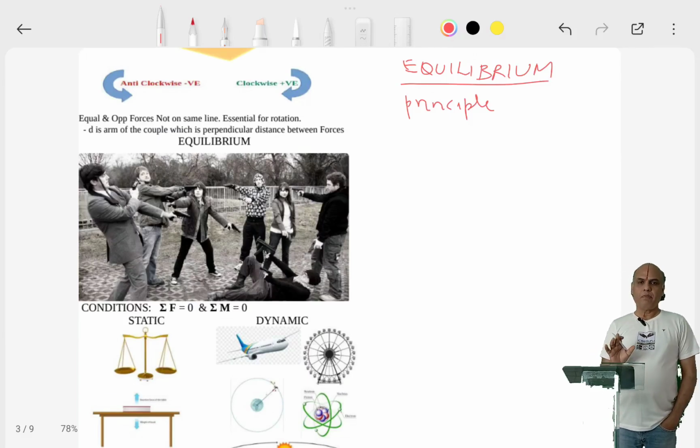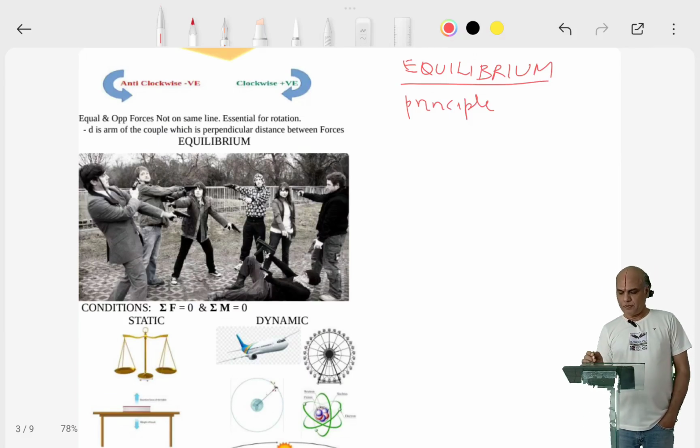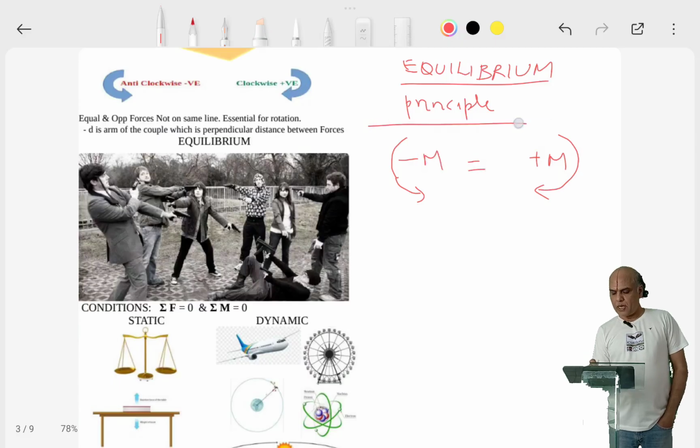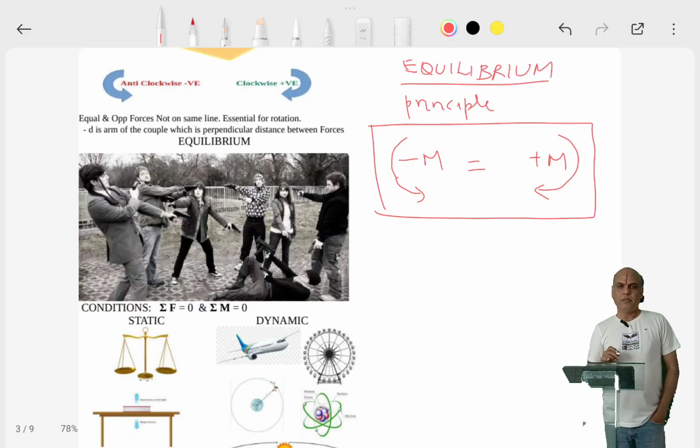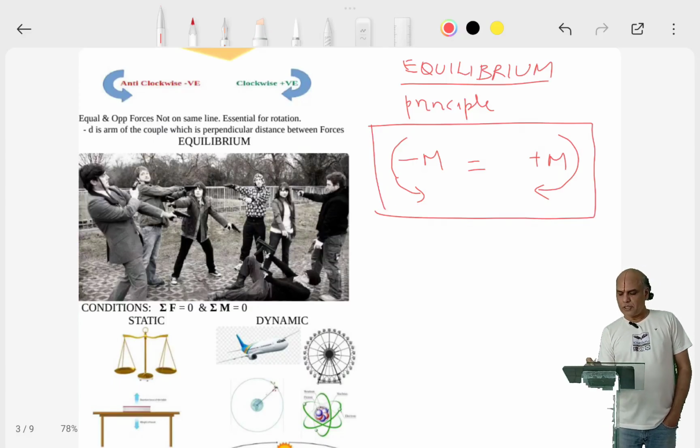So, whenever a body is in equilibrium, the sum of clockwise moments should be equal to the sum of anti-clockwise moments. This principle arises from the state of equilibrium. So, one of the conditions for equilibrium was that the algebraic sum of moments of all forces should be equal to 0. That means